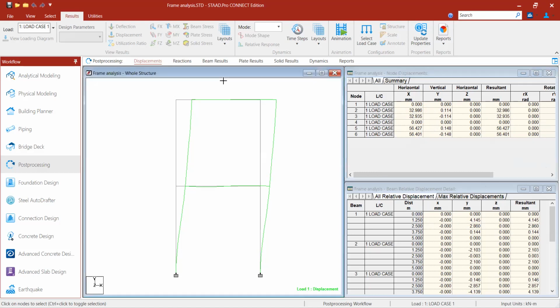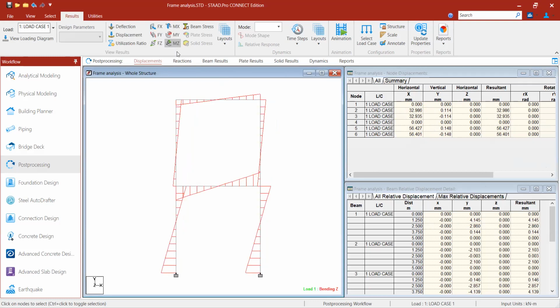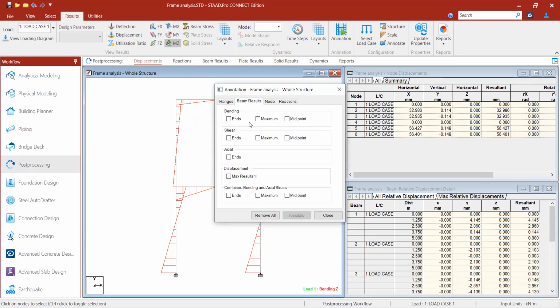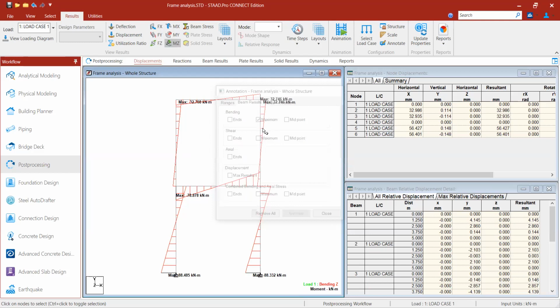Also we can check the bending moment Mz. You can see the values in the annotate beam results. See the values of bending. You can see the maximum because if we show values at end and midpoint, the values may not be visible on the screen. They will overlap. So here you can check the values of bending moment.